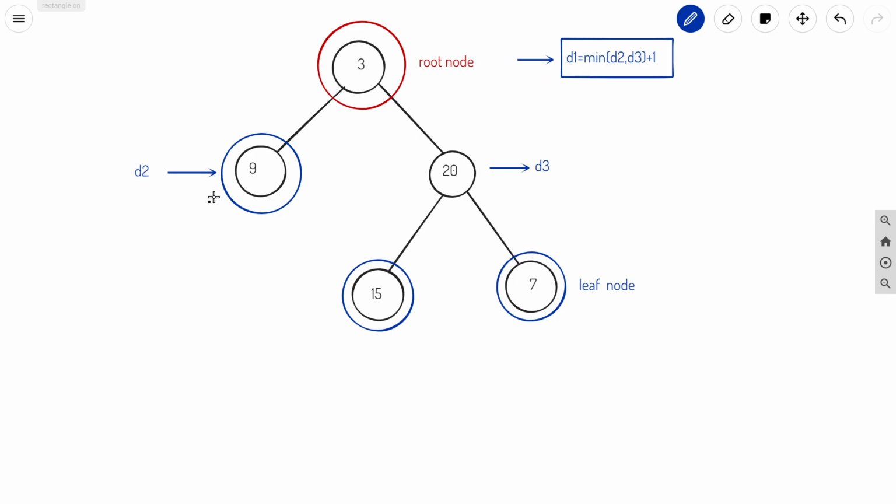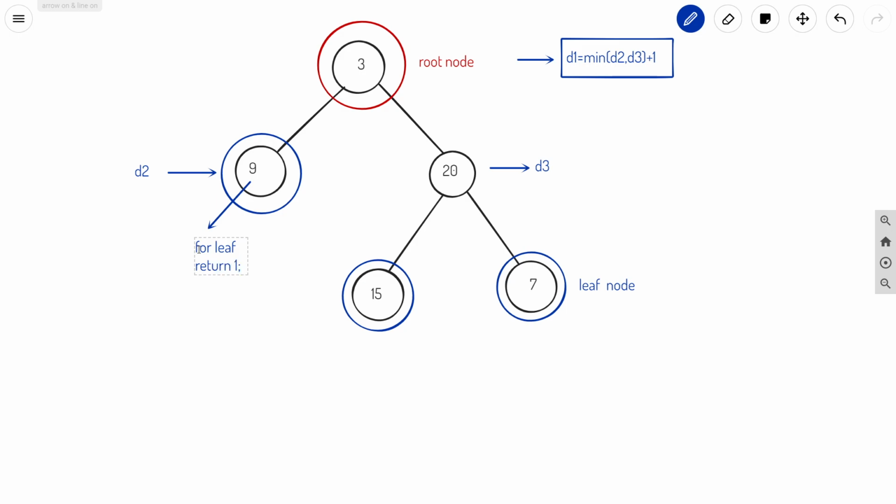So basically we have to find d2 and d3. For d2 you can see that the minimum depth is nothing but 1, because we have one node on this, and because we are on a leaf and we don't have any more child here. So we have only one node here and we cannot find any other node. Just because of this reason, for all leaves we will just return the value 1. So this is going to be our leaf. For this leaf, we will just return 1.